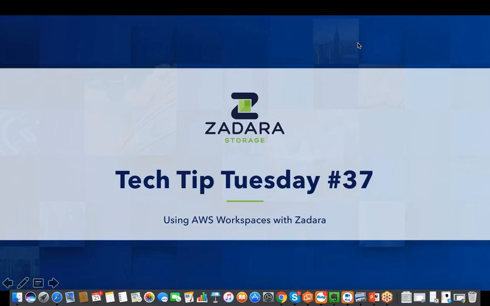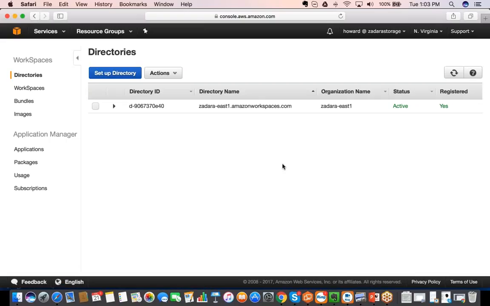So today, let me go over a couple things. What really ties everything together with Workspaces is our storage, Zadara storage. Because it's integrated with Active Directory, and I'll go all over this with you in a second, it really gives you a very good product for moving your workload into AWS. So here if I go here in my Safari, and hopefully you can still see that, Summer, but